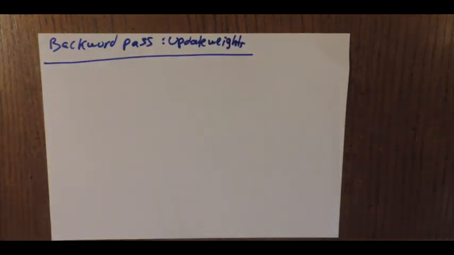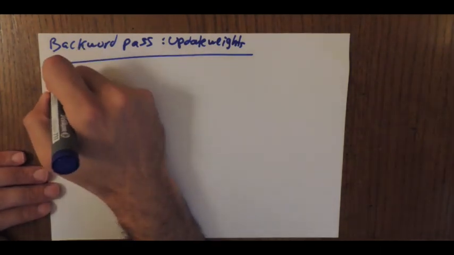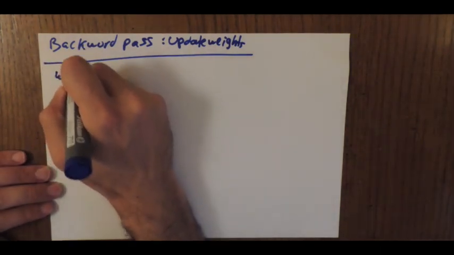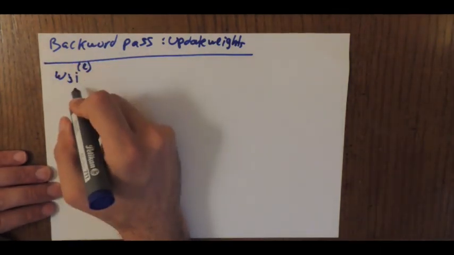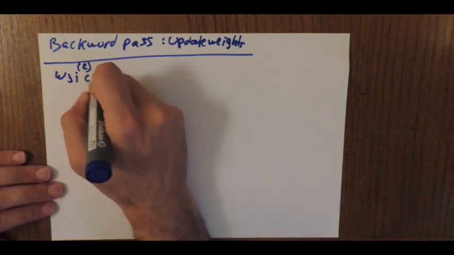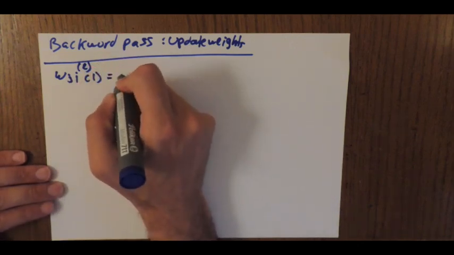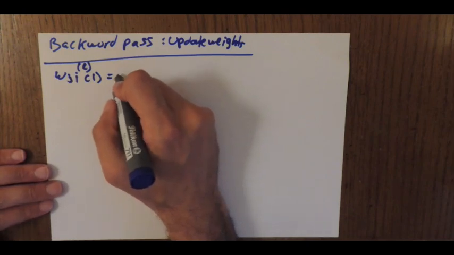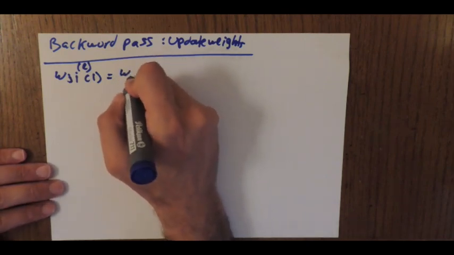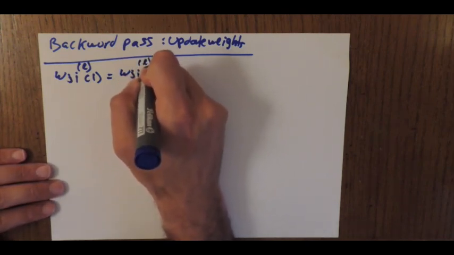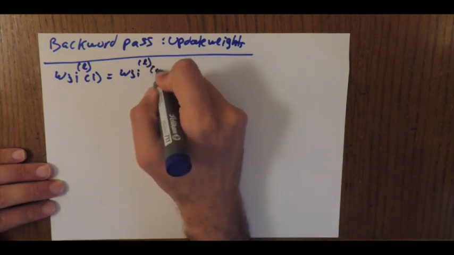Now the weight update equation starts like this. The weight wji of L of 1, this is the next epoch, is equal to wji of L of 0